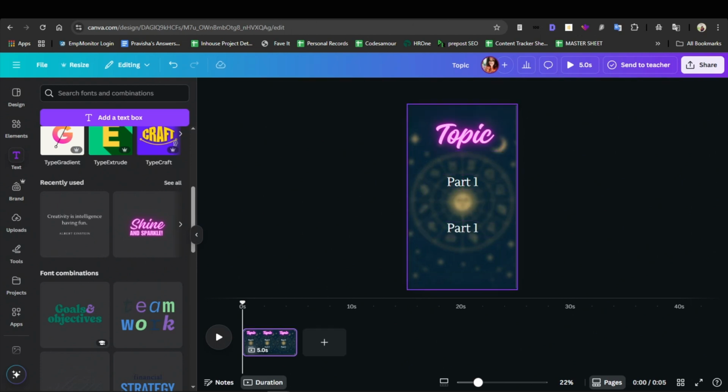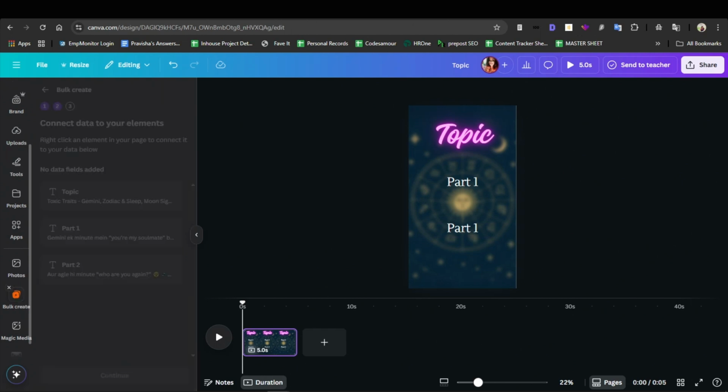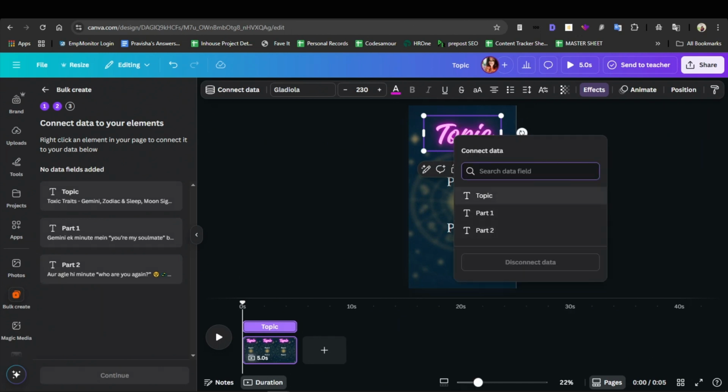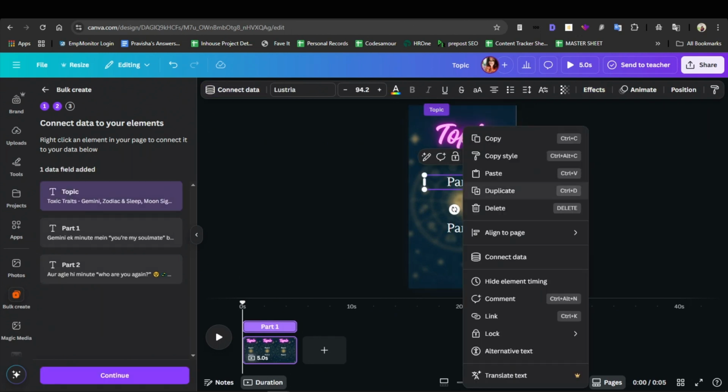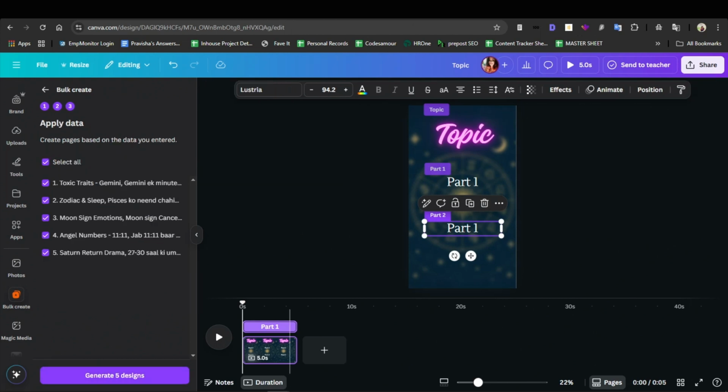Now I have to connect all these with the bulk data creation so that it can create the reels within a fraction of seconds. Now when I click on bulk create, I have to first right click on the topic, click on connect data, and connect topic to topic, part 1 to part 1, and again part 1 to part 2, because it will be the same body. Now when I click on continue and generate 5 designs,